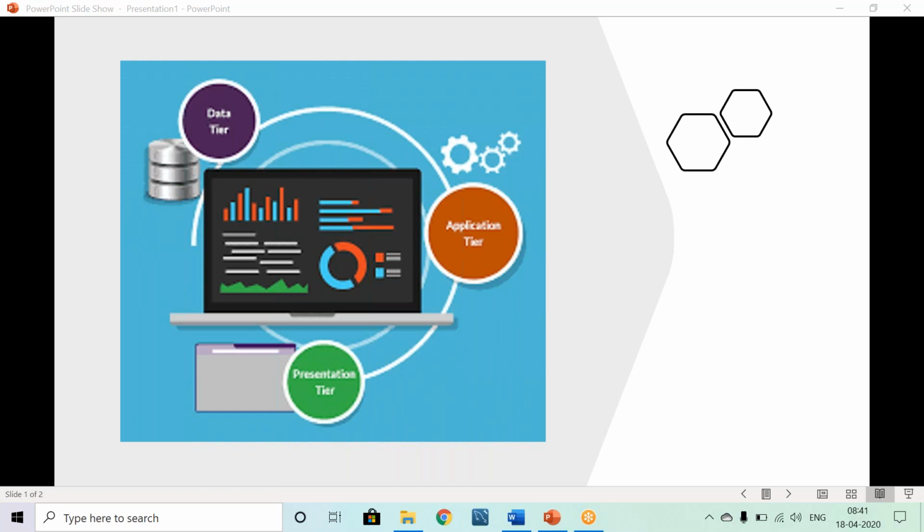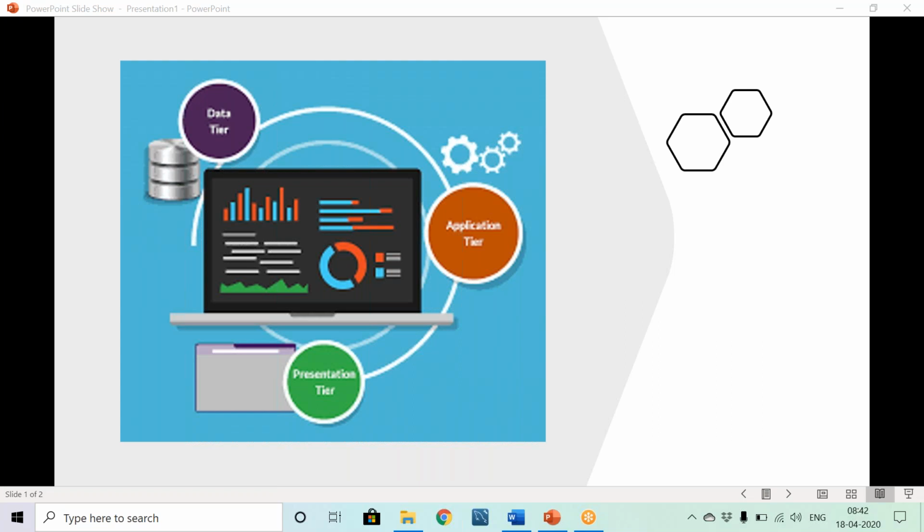These REST APIs give you the leverage to connect your presentation layer, that is nothing but your UI, with the data tier.